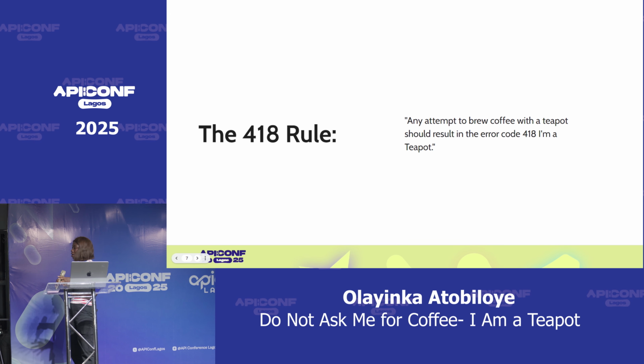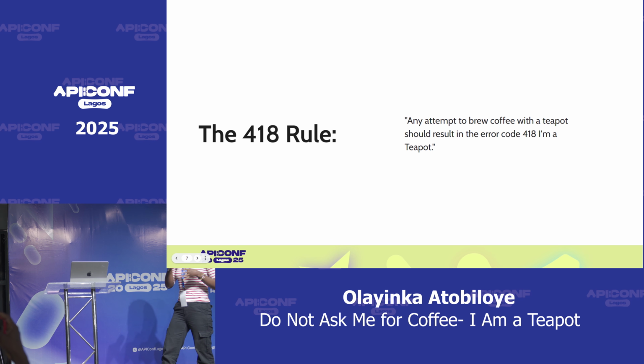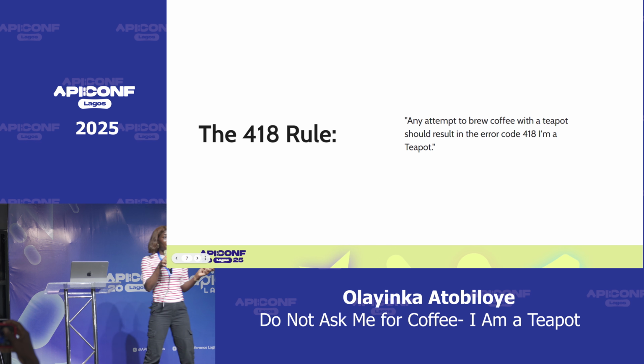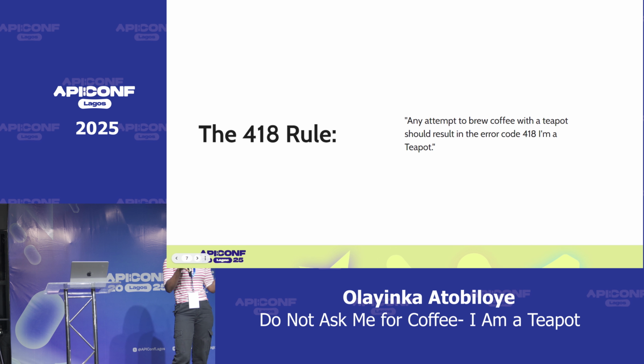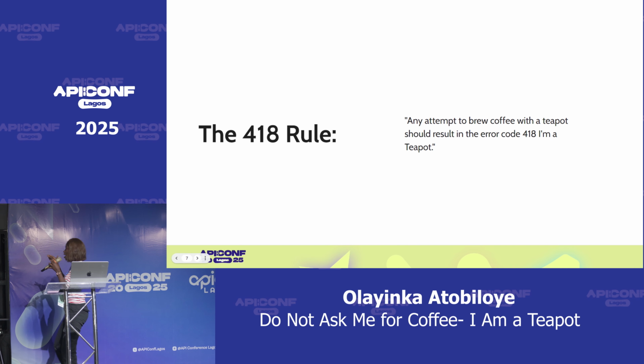And then something that came with this protocol was a status code called 418. Basically, it's just like every other status code that you have, 500 bits worth. Sorry, something went wrong with the server. 404, the page you're trying to find is not available, right? So this 418 basically means any attempt to brew coffee with a teapot should result in the error code 418